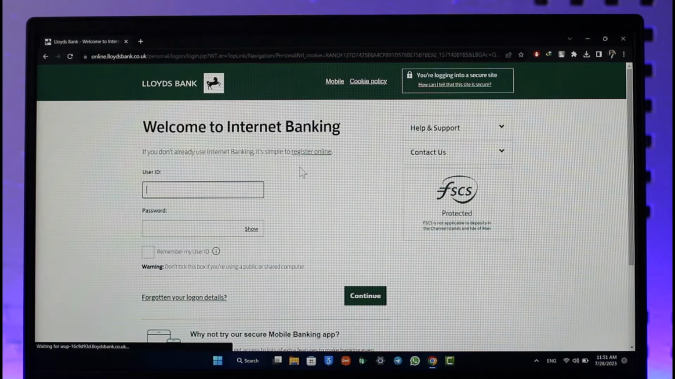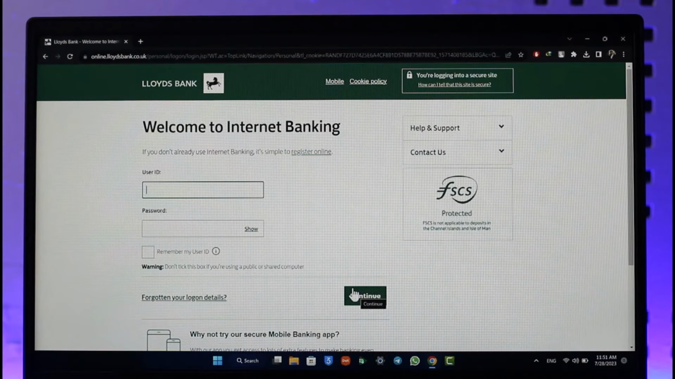Over here on the next page you will be able to enter your user ID and password, and if your details are correct you can click the continue option and then you'll get successfully logged in. Now in case your details are not correct and you just happen to forget them,